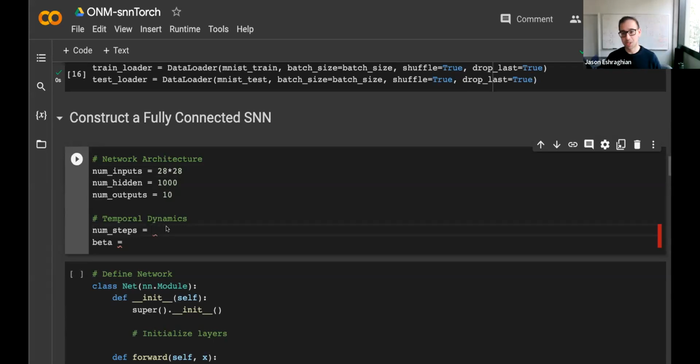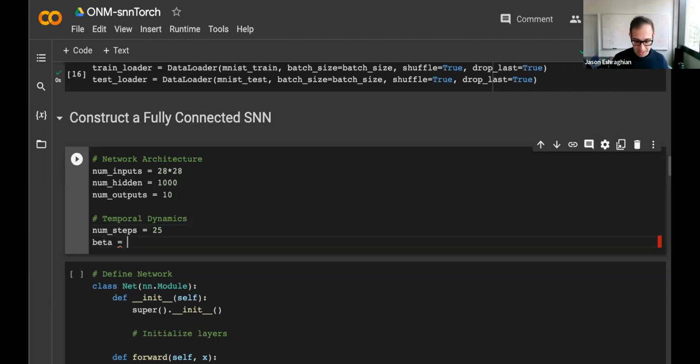Number of steps. Previously, I said 200, but that was just one neuron. Now we're working with actual networks, with various layers. I do not want 200 time steps here. I'm sure there's probably enough memory on consumer grade GPUs to handle that, but I just want a quick simulation. So we'll go with 25 steps.